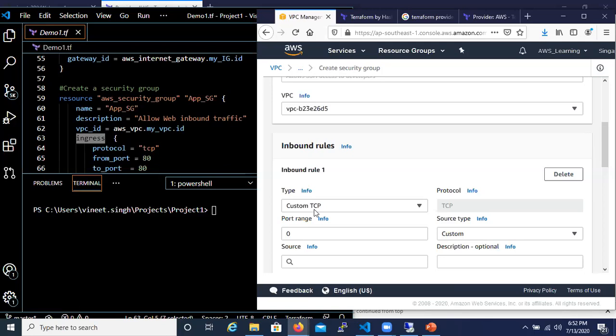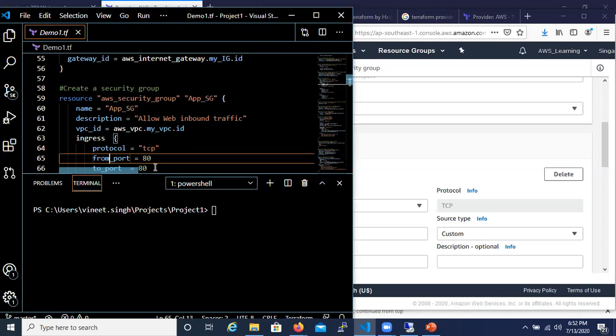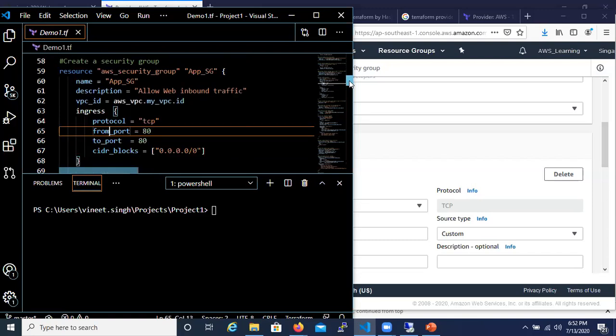Mainly, how I'm going to define the port range is, I have to open the traffic for port 80. So in here, from port is equal to 80 and to port is equal to 80. And then the source, in my example, I've opened it for everyone.